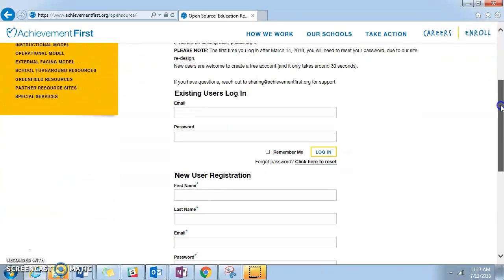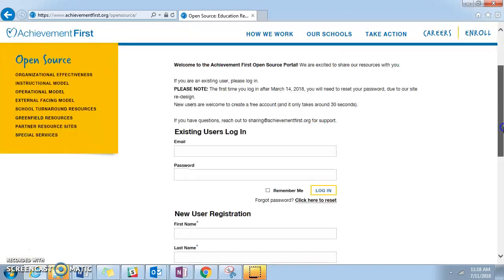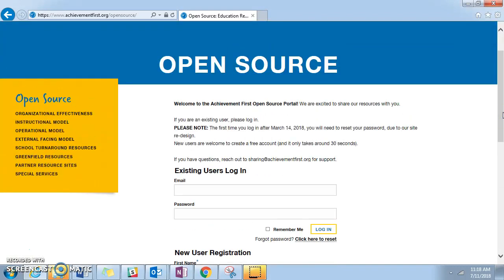If this is your first time on our website, you're going to need to start by creating a new user registration so that you can get in. It's very simple to do with just an email address and a password, and you will be in. If we are welcoming you back to this website and you've used us before, you will need to recreate a password since we have this new and improved site to share with you. So go ahead and create yourselves a login and I'll meet you on the inside.